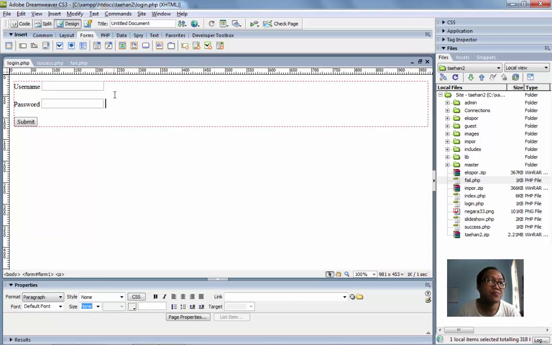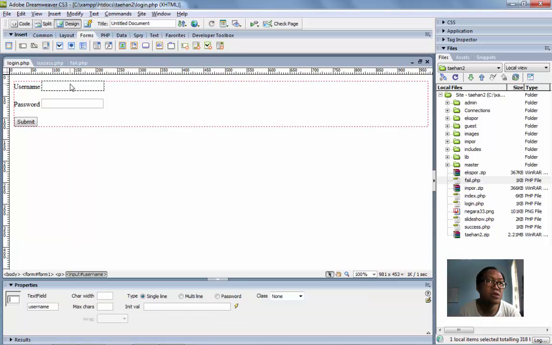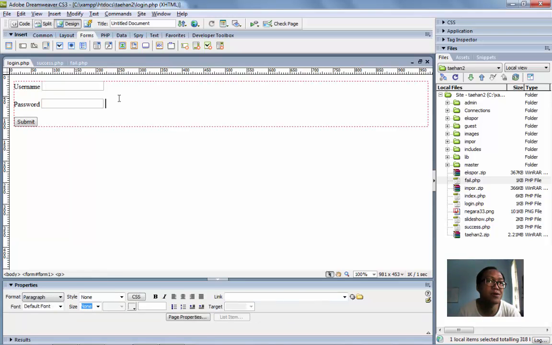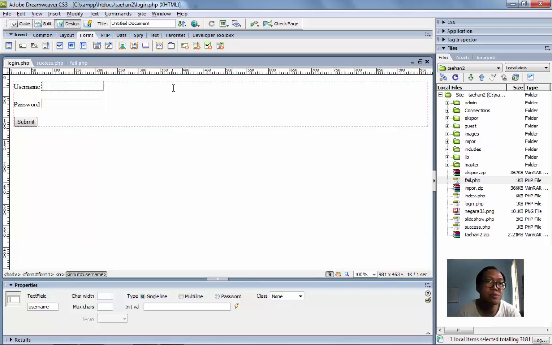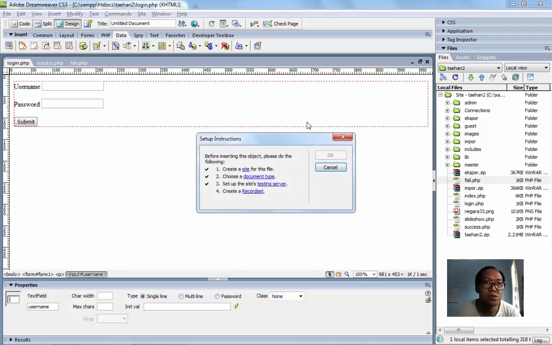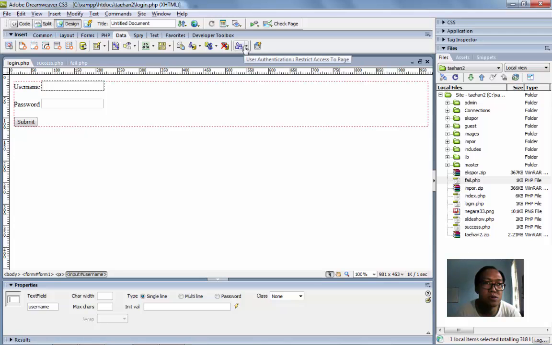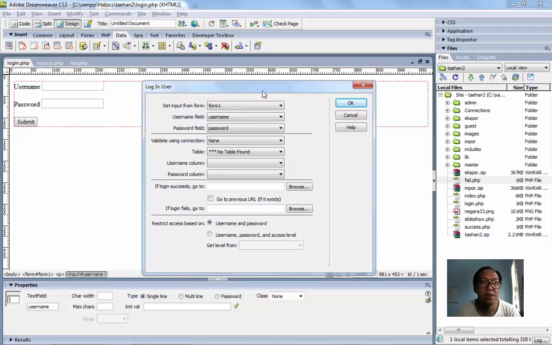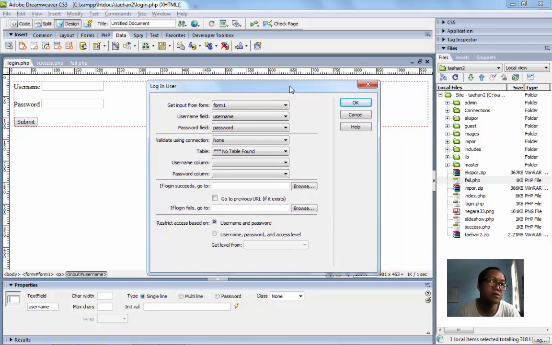After we create the 3 pages for the login, success and fail, we have to set up the username and password here. It's very easy. In the data tab here, you can choose login, login user, and then you fill in all the fields. The first field is get input from form.